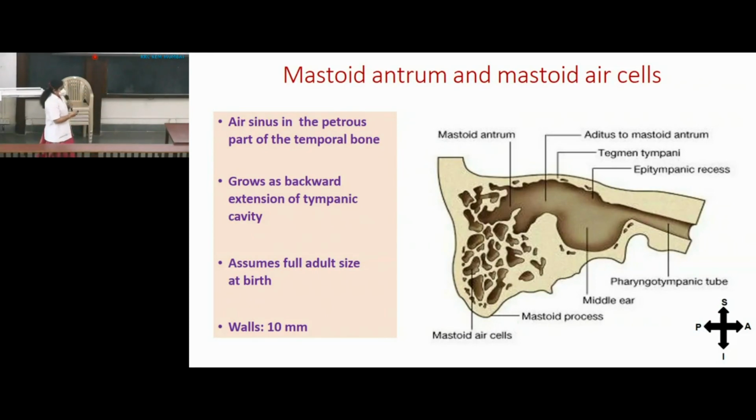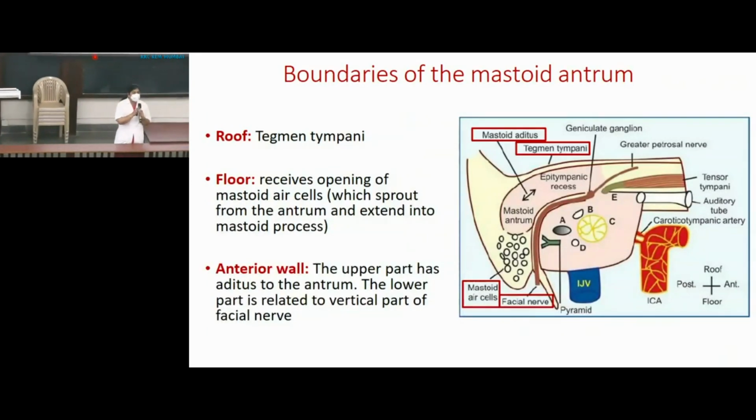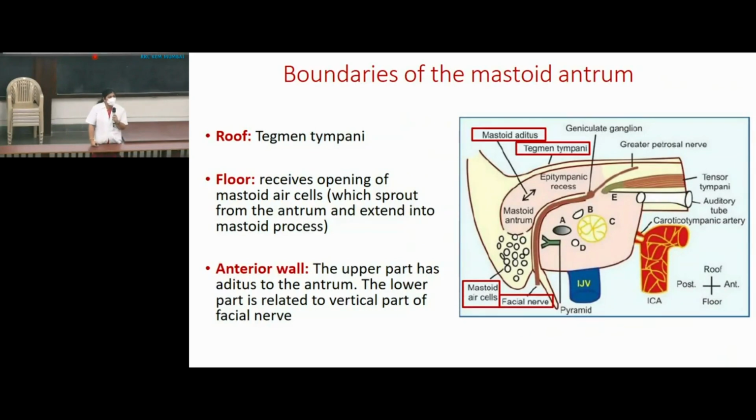So this is the mastoid antrum. If you want to locate it externally, can you locate the mastoid antrum externally? You have studied the skull. Yes, the suprameatal triangle. The other name is McEwen's triangle. What are the boundaries of McEwen's triangle? Above there is the supramastoid crest, which is a continuation of the inferior temporal line. Correct? Anteriorly there is the posterior-superior margin of the external acoustic meatus, and posteriorly there is a vertical tangent connecting these two structures.